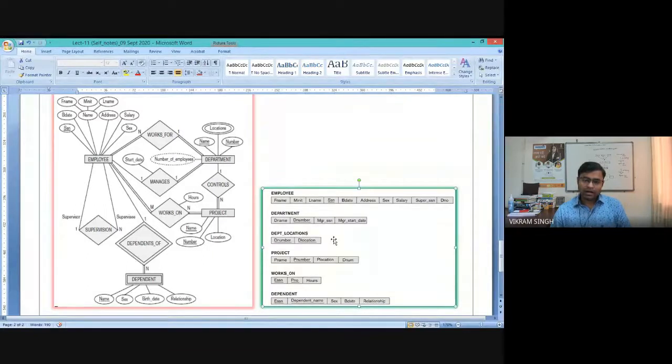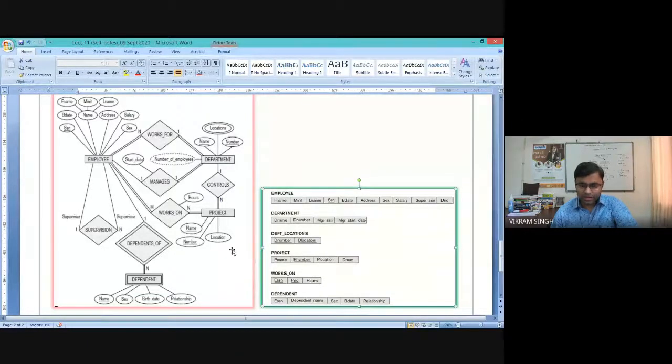Now let's see the third possible scenario for new table creation, which is M:N. We have only one instance of M:N, that is between employee and project, right? For this instance, we need to create a different table. Whenever we have an M:N relationship, we have to create a new table, and the name of the table will be the name of the relationship. So whatever naming convention we have used for the M:N relationship, as it is, we create a table.